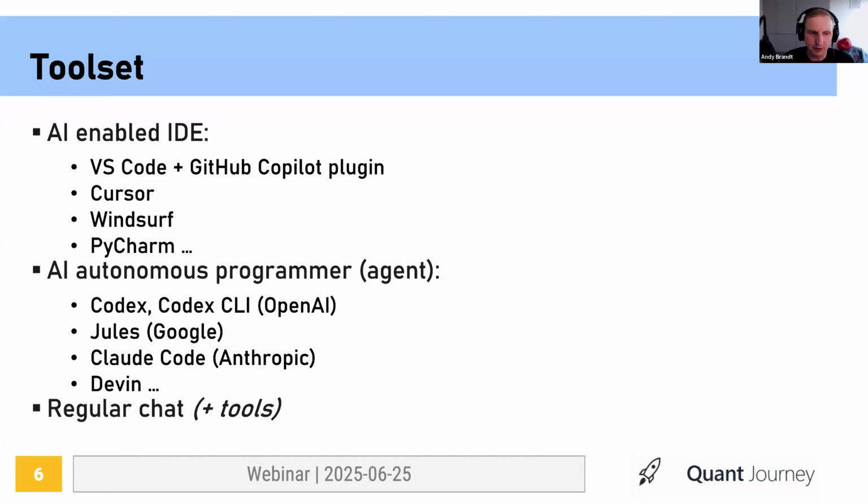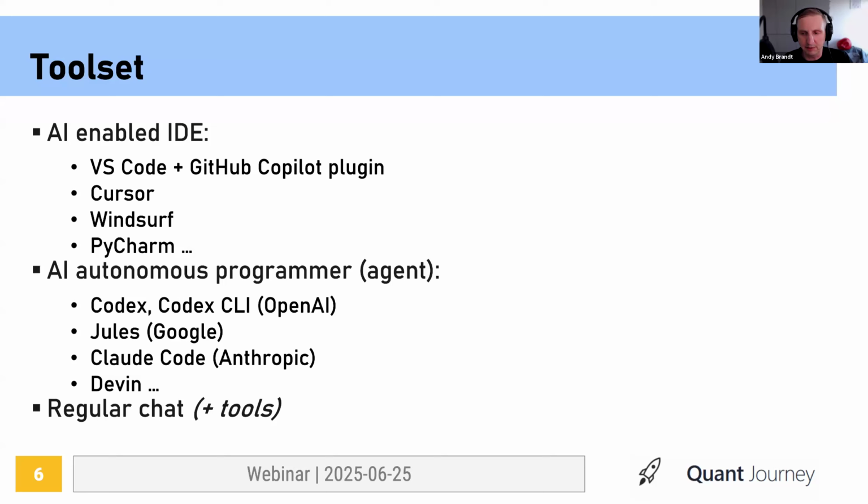And I'm putting the regular chat here, and I think regular chat still has a place in our workflow. This is so because with regular chat, you can have a wider discussion. You can have a discussion that touches upon things like actual needs of our users, like different domains that purely development-focused models and agents, that is models with prompts that give them certain personality, might not be as good at.